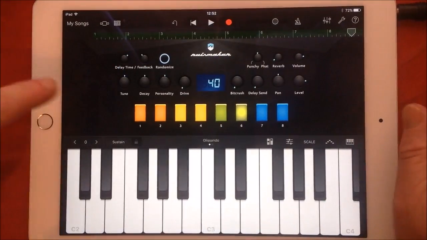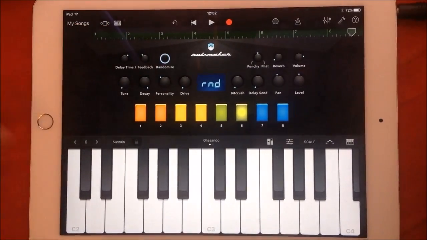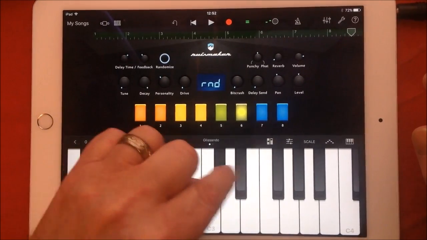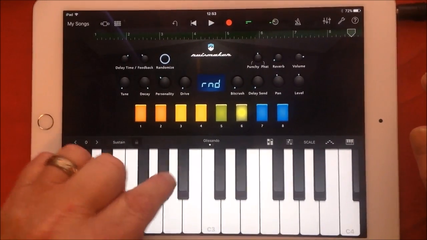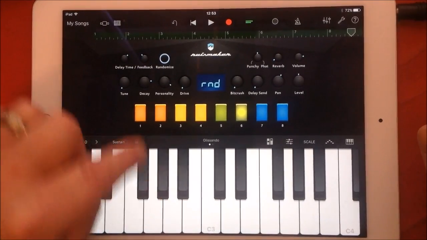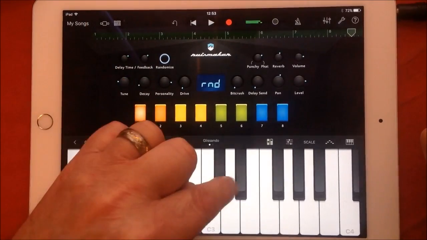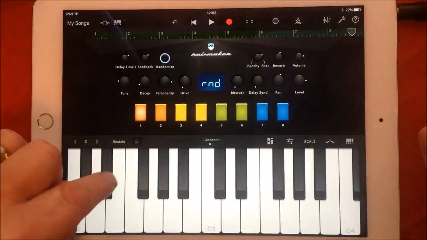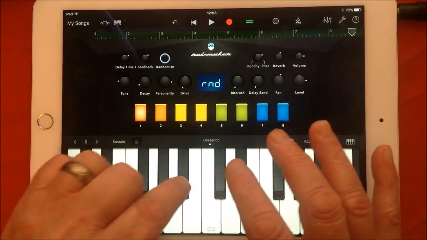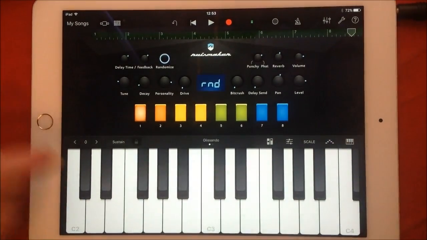ways to alter the sound, remembering that the top ones are global, so we can completely randomize like this. Randomize again. It's quite nice, isn't it? I like that